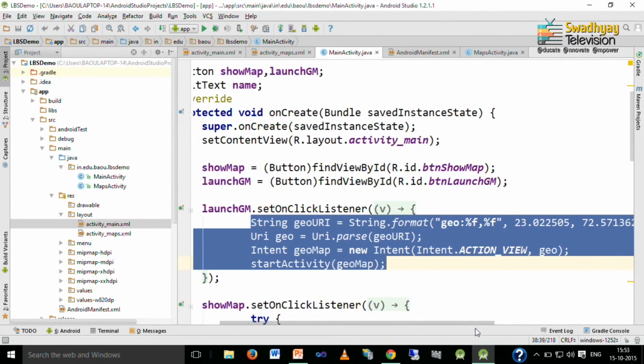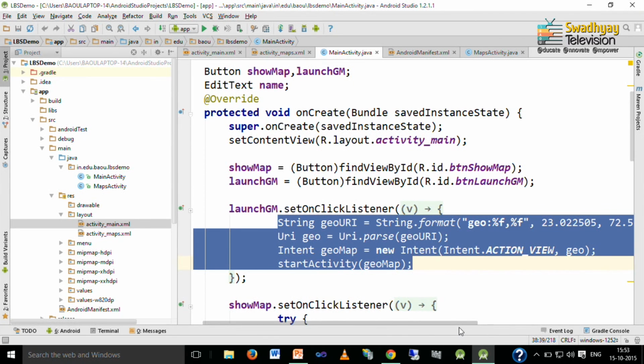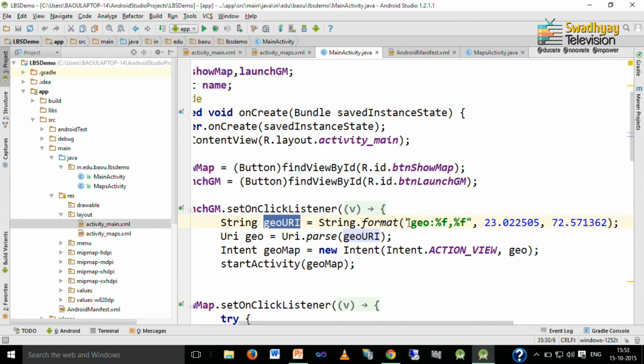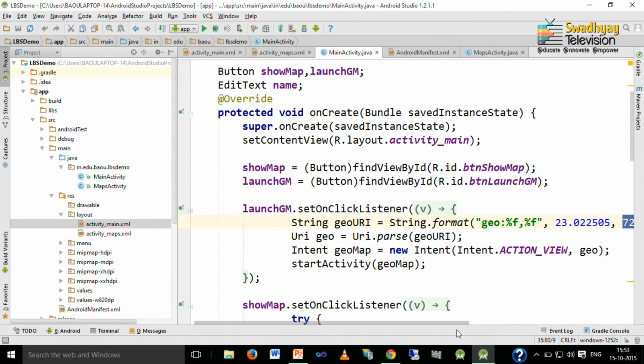Now, here I have used fixed longitude and latitude for displaying on map. So, here I created one string with name GeoURI and its format is geo colon and then latitude and longitude. So, this is a latitude and this is a longitude for Ahmedabad in Gujarat state of India. So, this GeoURI represents URI of our